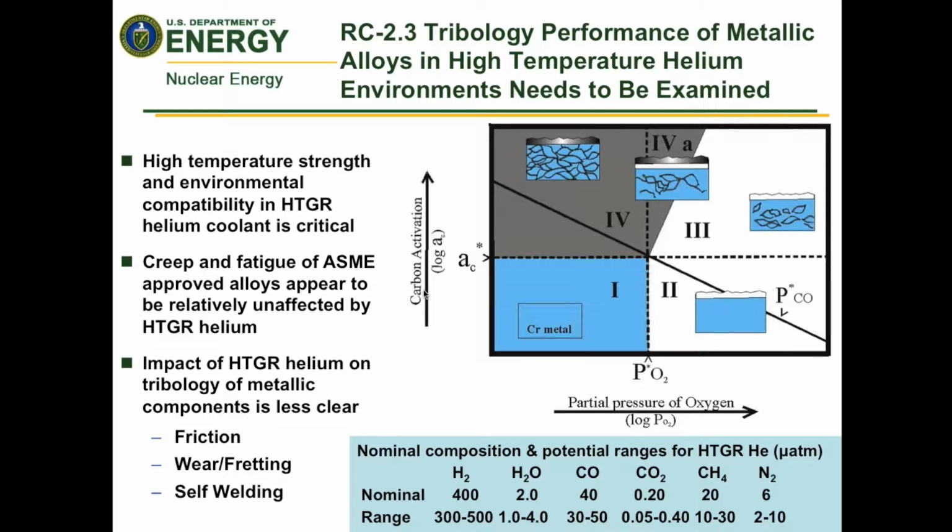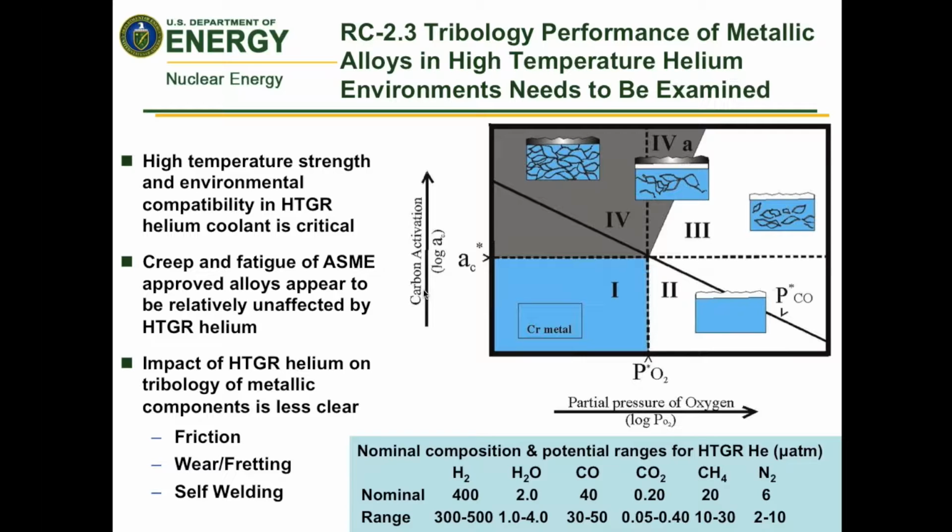The reason for that is the type of oxide layer that is formed in HTGR helium on this class of alloys. If you look at the Ellingham diagram in the upper right-hand corner, section 3 or quadrant 3, which is where most of the combination of carburization and oxidation potential in typical HTGR helium puts the operation of these alloys, ends up with a self-adherent protective oxide layer, but it's not quite the same as what you get in air. And so when you operate these alloys in a condition like that, you need to understand how they behave in those types of